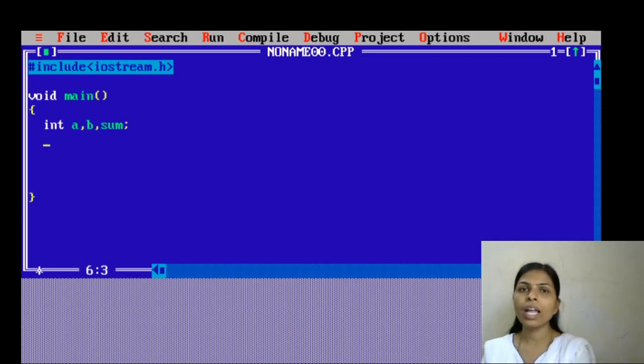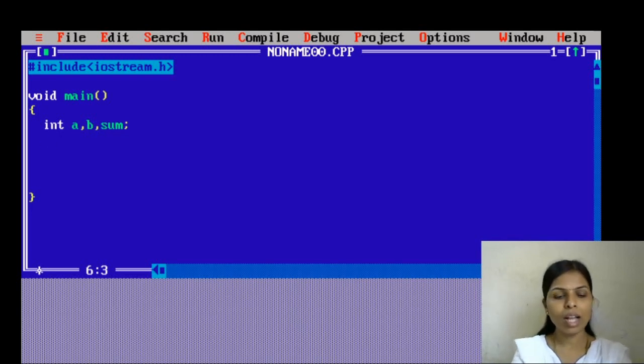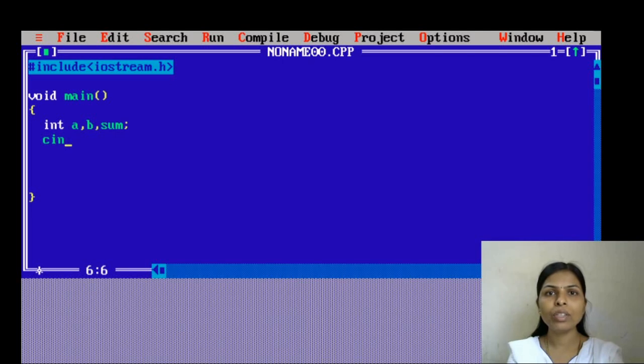Now first I have to take the input from the keyboard. So I will use the object cin and I will use the extraction operator. This operator indicates that we have to take the values from the keyboard. We are extracting the value from the keyboard.